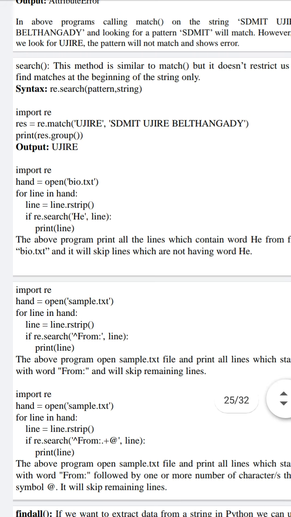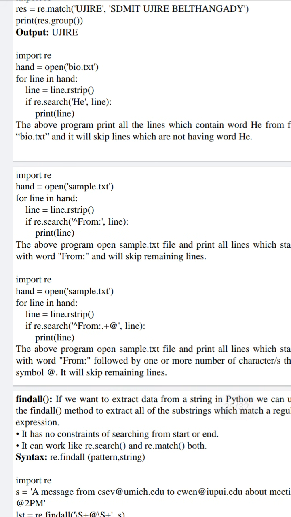And again, if you see the next example, import re. I am assuming that bio.txt is part of my current directory, and I am opening that file for processing using the built-in open function.